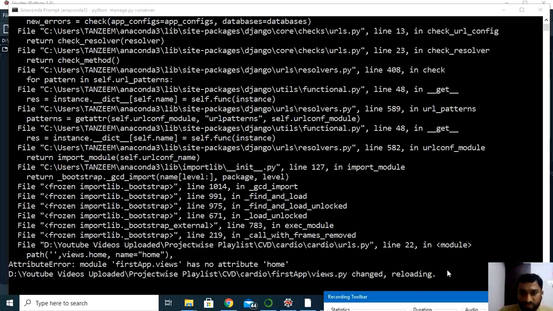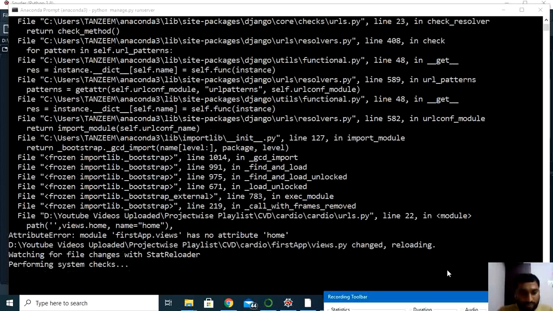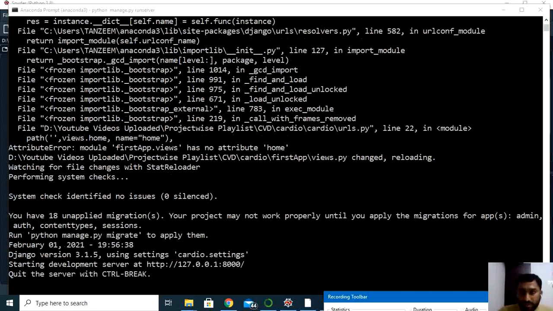So suppose I want to reload, or come out from this server. You can use Control D. Now the server has automatically detected it. Now you can see here I'm getting the default link. This indicates that the moment you get this link, your program is working fine. So there are no errors.